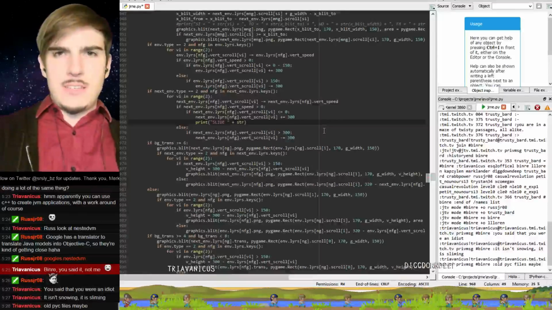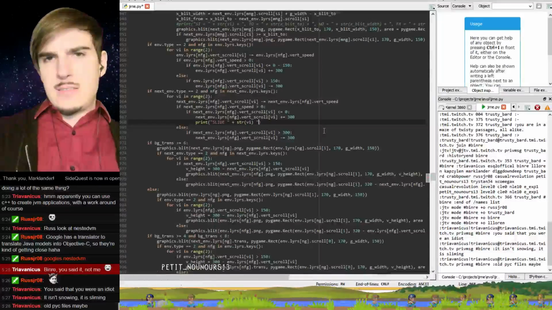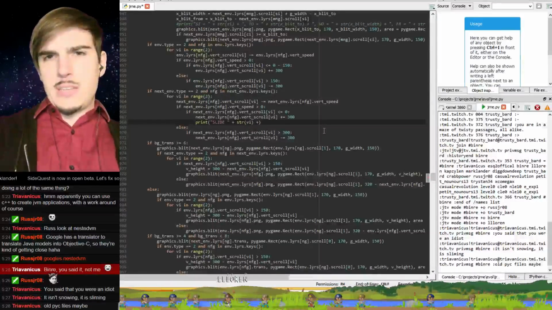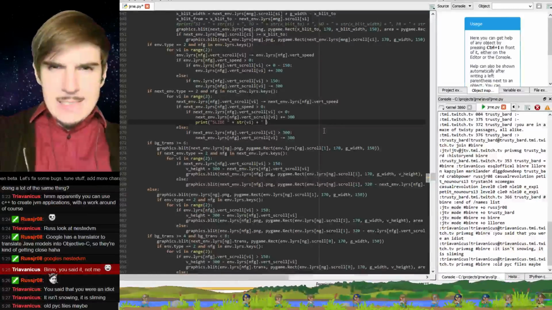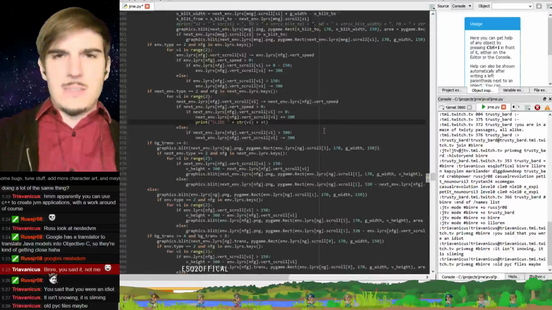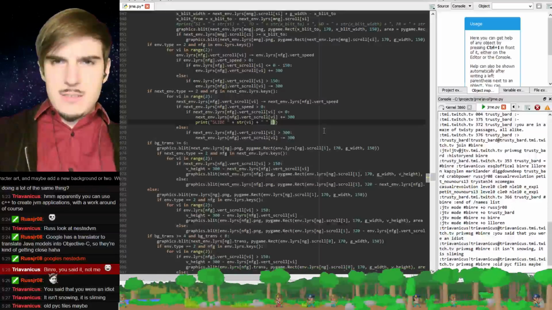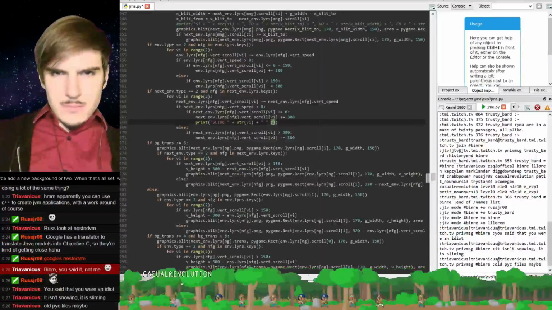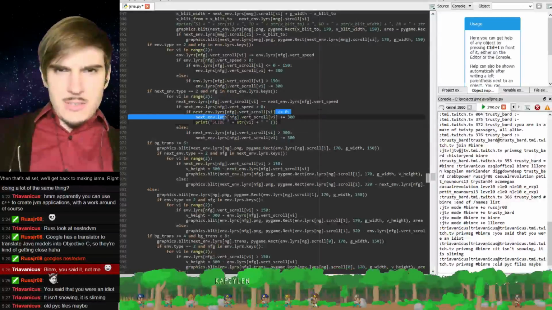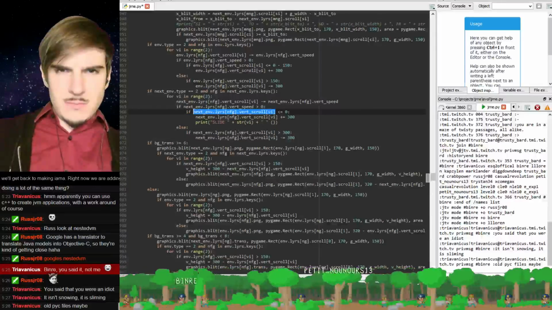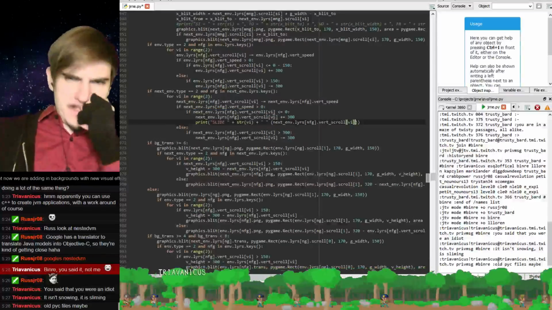Oops, as a string. Vertical index, plus the space character. And then the string version of vertical scroll.